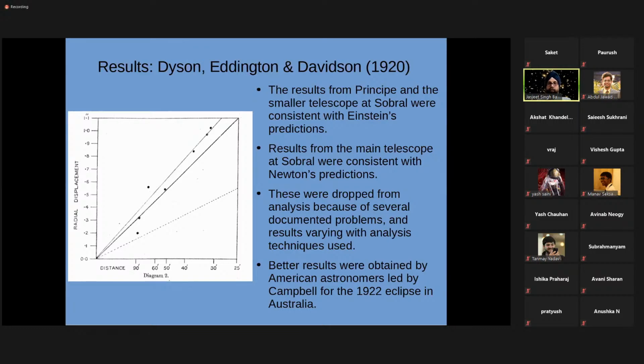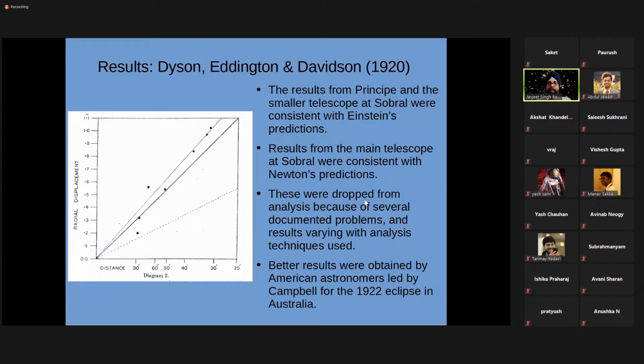So in order to do this comparison, reference plates were taken. The group in Sobral actually waited for 2 months and took comparison plates from the same location. It was not possible to do that from Principe because the shipping company which ran ships from Portugal to Principe was about to go on strike. So Eddington essentially left as soon as he could, but he made arrangements for a second field for setting up comparison plates from Oxford.